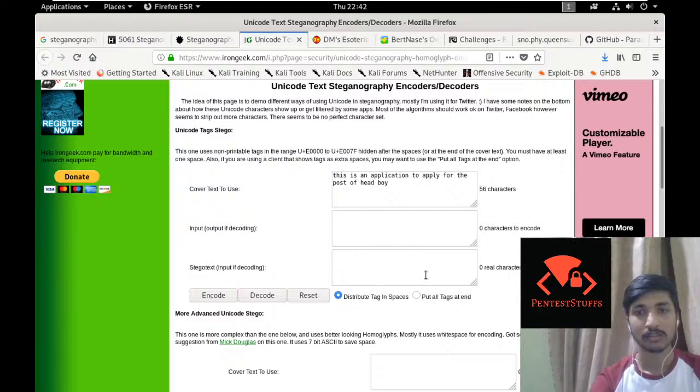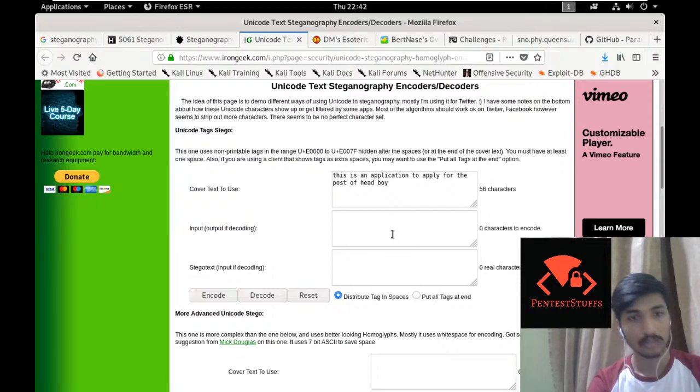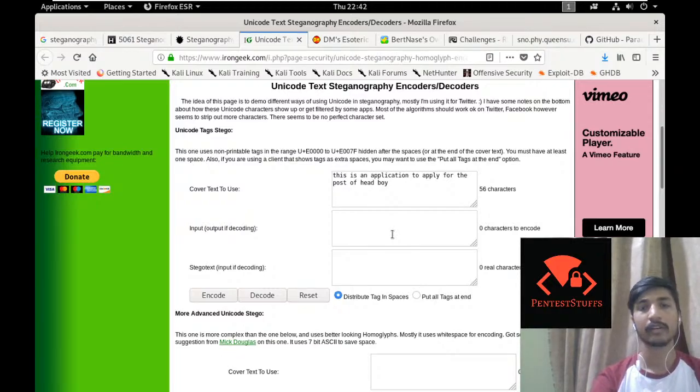Okay, so this is the output we should be getting, right? To get this, we have to enter our encoded text right here. Assuming we are sending it to the principal's daughter. So, hey,